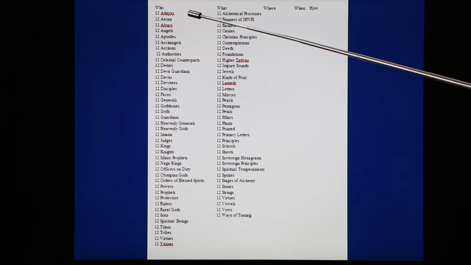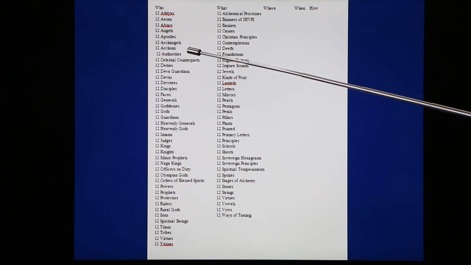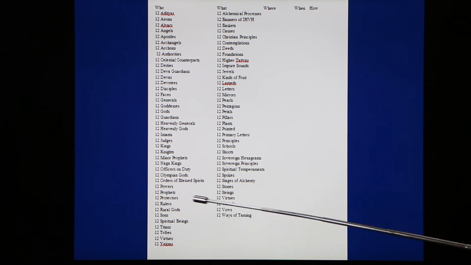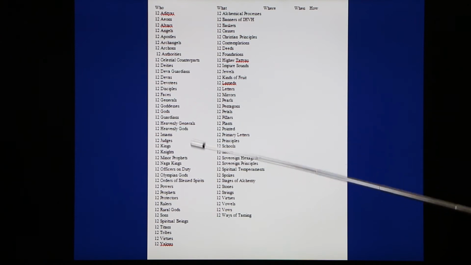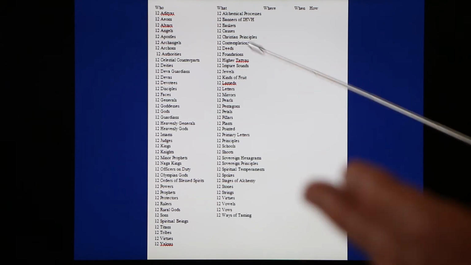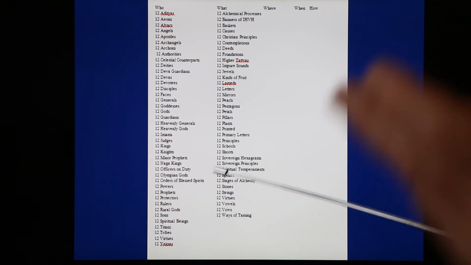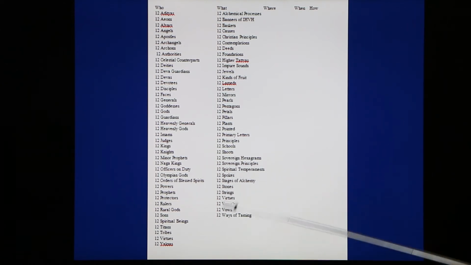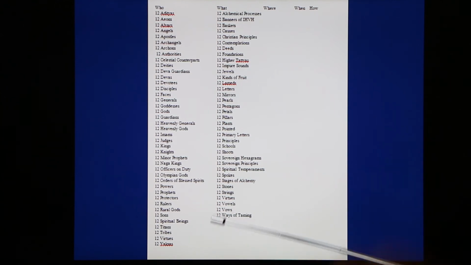So we have 12 Adityas, Aeons, Alvars, angels, apostles, archangels, archons, authorities, celestial counterparts, deities, deva guardians, devas, devotees, disciples, faces, generals, goddesses, gods, guardians, heavenly generals, heavenly gods, imams, judges, kings, knights, minor prophets, Naga kings, officers on duty, Olympian gods, orders of the blessed spirits, powers, prophets, protectors, rulers, rule gods, sons, spiritual beings, titans, tribes, virtues, and yakras,